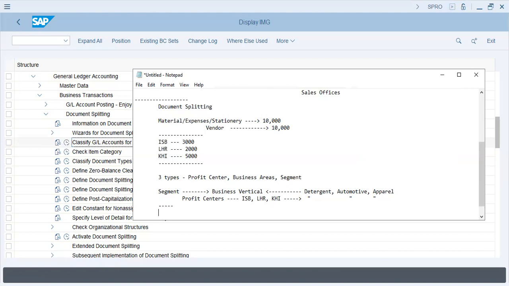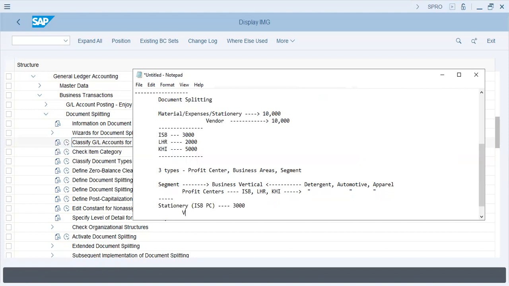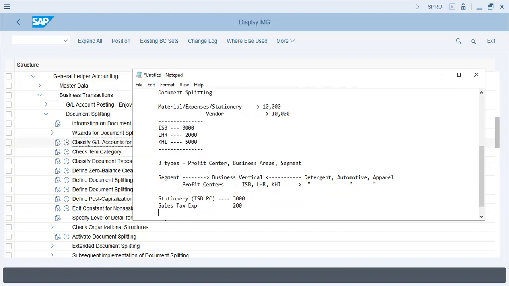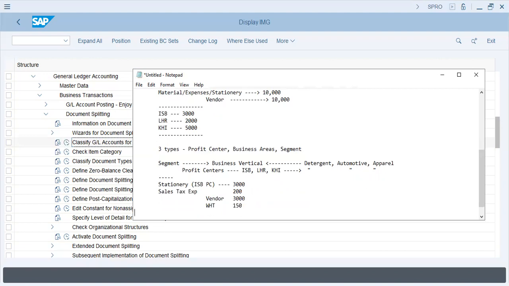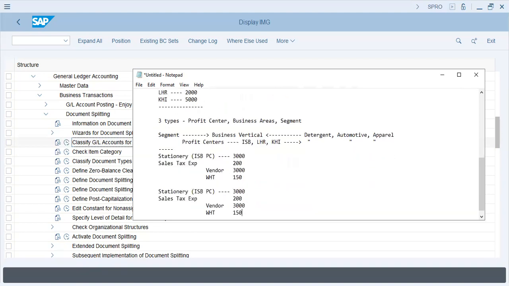The entry will be stationary expense, now with a profit center, 3,000, sales tax expense, let's say 200, and vendor 3,000 plus withholding tax liability, let's say 150. Okay. So this will be repeated for every profit center, but